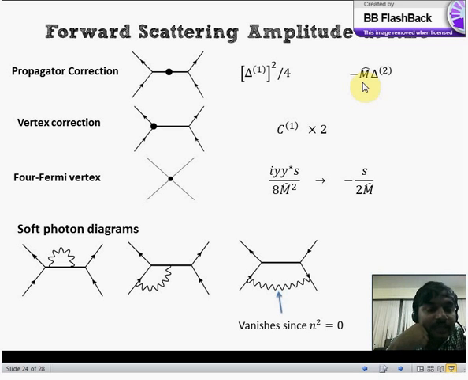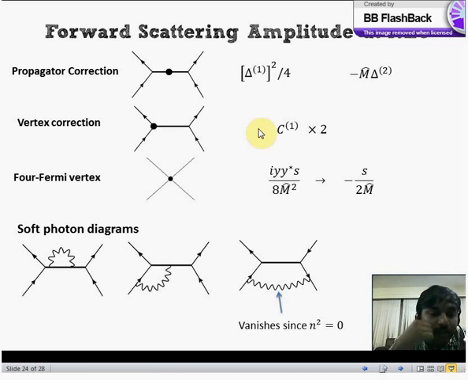with the correction of the propagator, correction of the LO term that we had. The vertex correction gave us a coefficient C1, and there are 2 vertices. One is the production vertex and one is the decay vertex, and we have to multiply that by 2. The 4 Fermi vertex gave us an S by 2m hat, and these are the corrections which we have to multiply